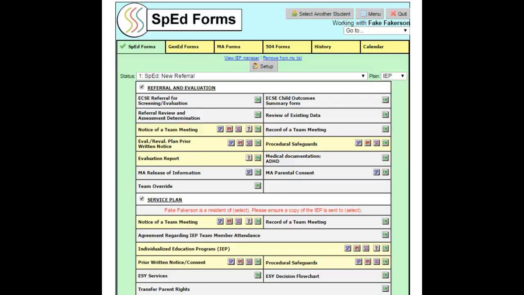Once you have completed the Use of Restrictive Procedures physical holding form and have notified a member of the Building Oversight Committee of the use of restrictive procedures on a student, you will need to schedule and hold a staff debriefing meeting. This meeting needs to take place within 2 school days following the incident, but should happen as soon